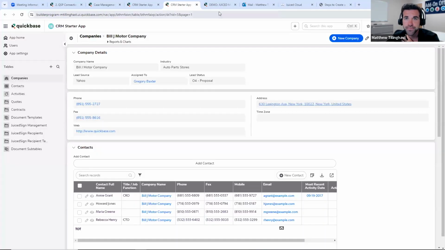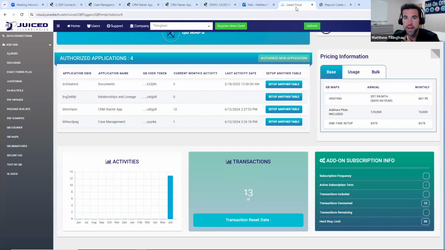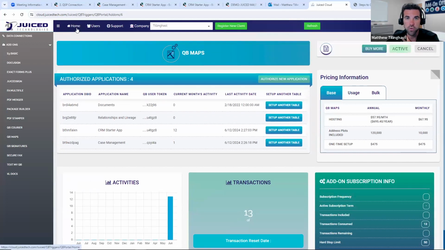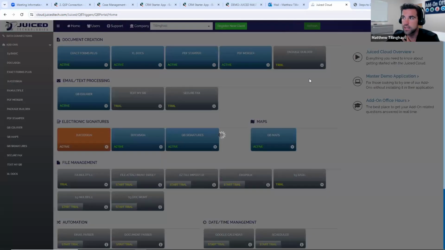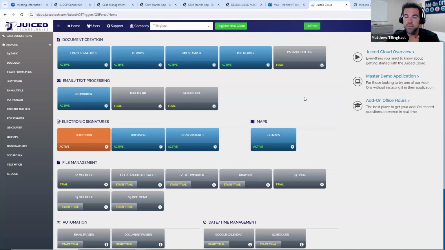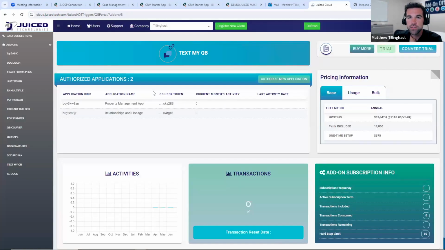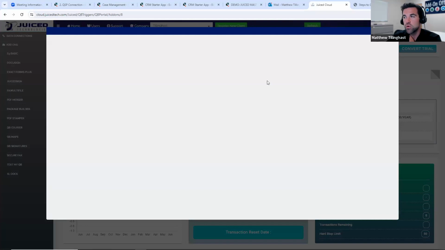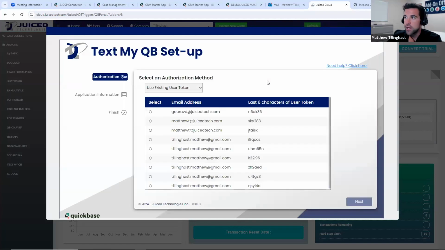But with that said, I do want to just go back to our Juice Cloud for a moment. One additional thing that I want to show you guys as part of the other setups is a setup for an add-on that does not have a wizard. Because what you'll see now for something like Text MyQB, we don't have a wizard at this moment, but we do give you the option to authorize a new application. And the reason why is because what we're essentially doing here is we're doing,